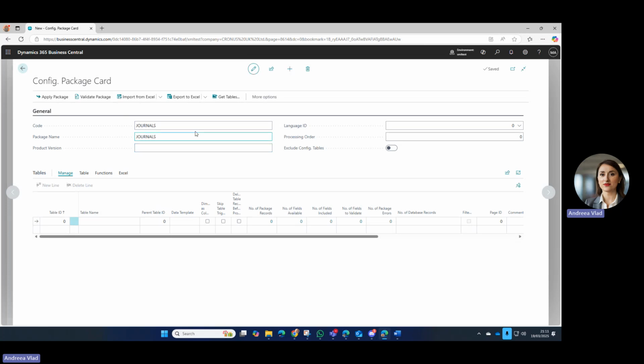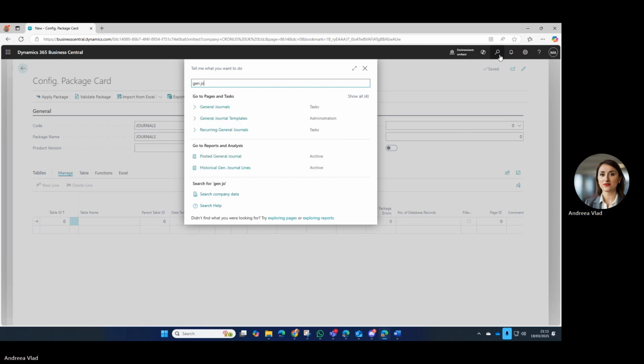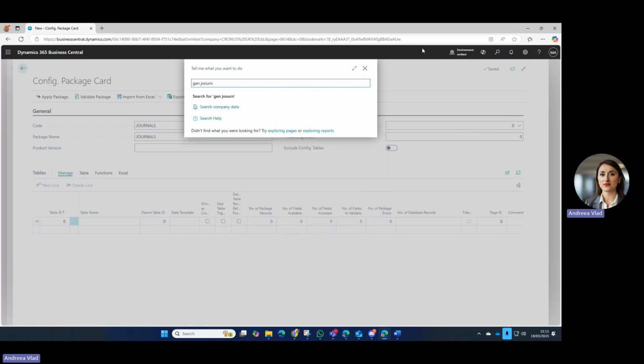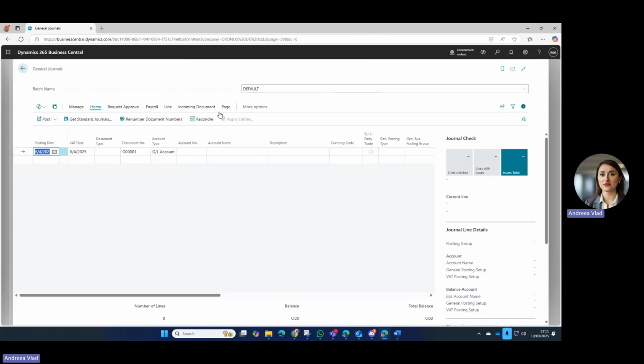Okay. So for journals, as I mentioned before, I need to show you how you can find the table ID. Didn't I? Yes, I did. So let's find general journals. The same way I'm searching for a table number for journals, you can search for other tables. So for the general journal, let's say that here I want 100 lines and I don't want to do it manually. So the way to find a table ID for your general journal batch default is you do Control Alt